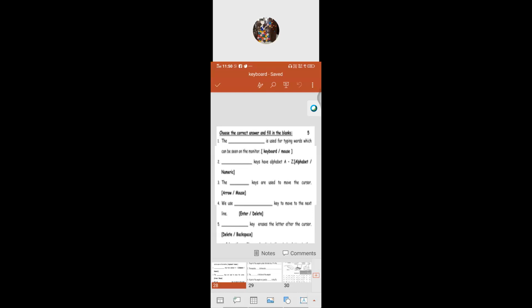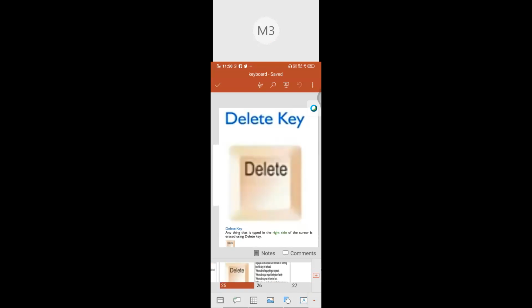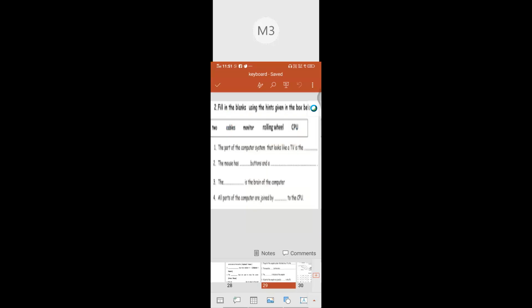Because I'm asking you after the cursor, because you have typed everything. Right side. When we use the delete key, anything typed on the right side of the cursor is erased. Delete, isn't it? So what will be the answer? Delete. Very good, Meenaja. The next one.